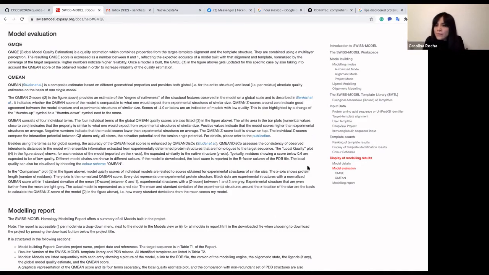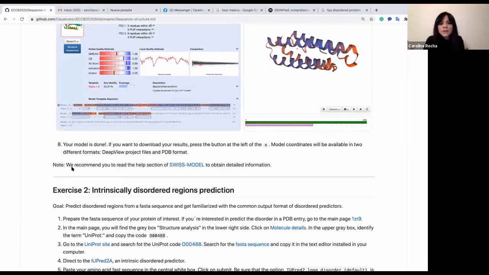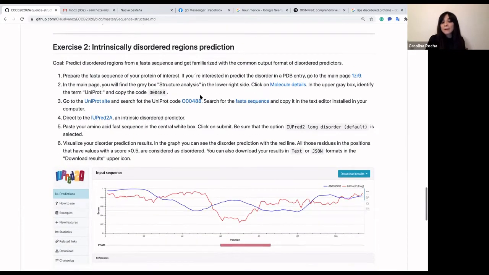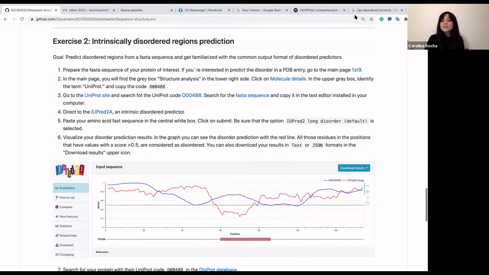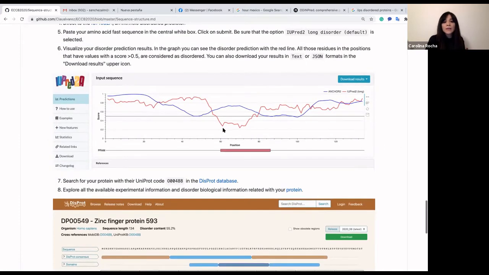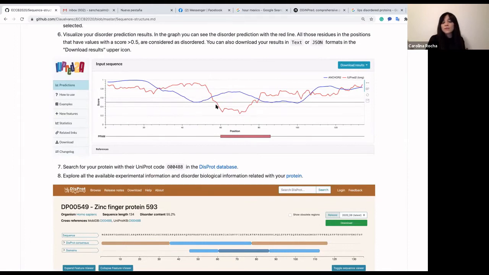And for those that are in the part of the disorder prediction, I want to mention something important: we are working here with UPRED. UPRED is one of the most widely used disorder predictors. It is basic in some analyses, mainly when you are analyzing a big amount of sequences, and also complete proteomes, for example. It's useful that we are doing this exercise because it's a predictor that is very fast. And in fact, the majority of the time, all the predictors output the disorder content of your protein in this kind of graph,